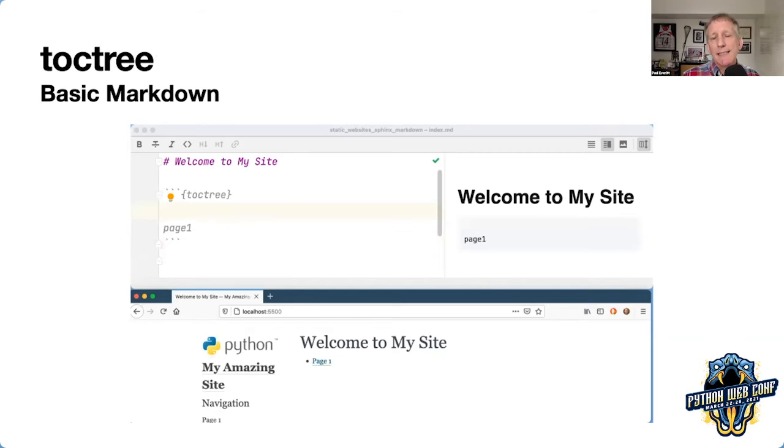Sphinx has this idea of the doc tree. And just because you put a Markdown file in a folder doesn't mean that it's going to get used. In fact, you'll get a warning from Sphinx saying, hey, you got this Markdown file over there. You didn't link it to anything, so it doesn't exist. You have to put it in a toctree, which is an ordered way to say, give me a link of this file, this file, this file, this file, and I will render all of those things and copy them to the output and generate relative links.